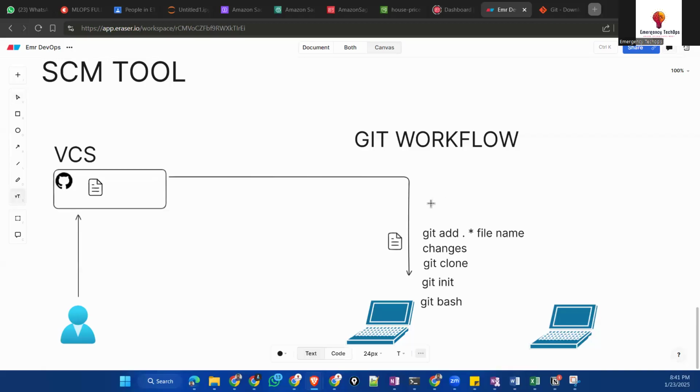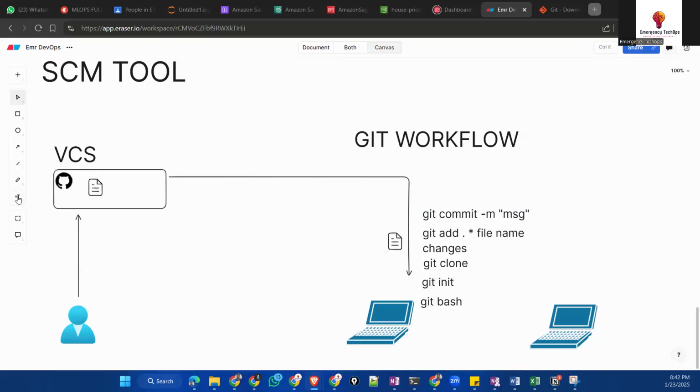Then you move towards git commit. What happens here? You want to save this file permanently. So you give a message here which is going to be very unique for your change, whatever change you did in this file.